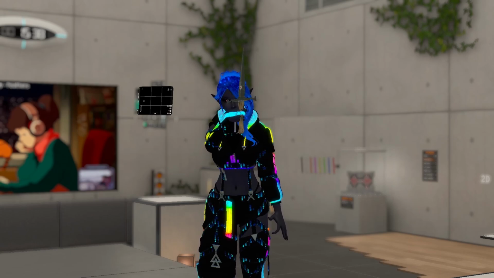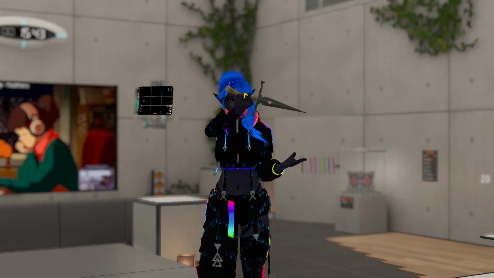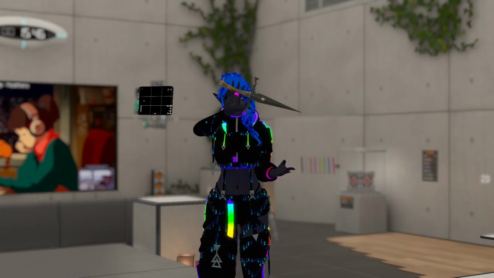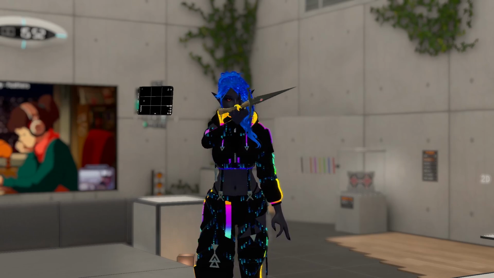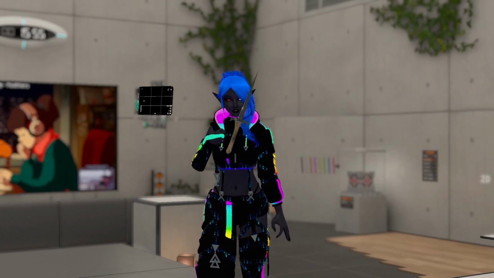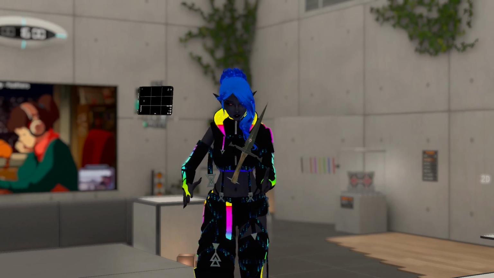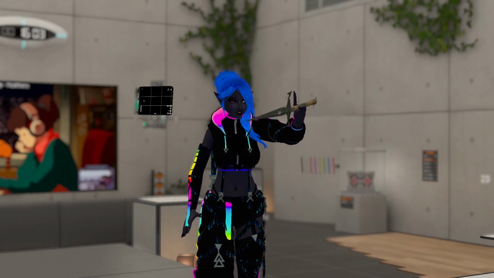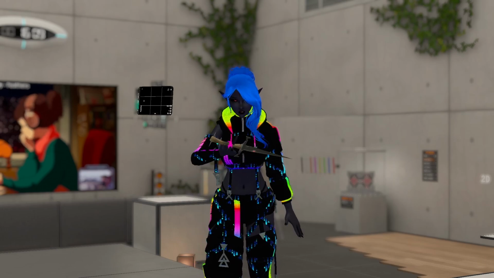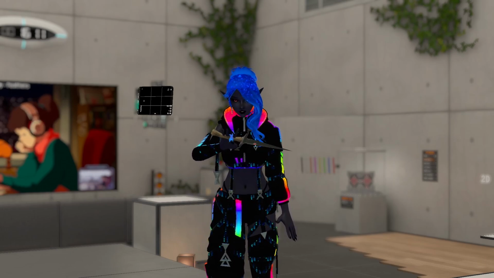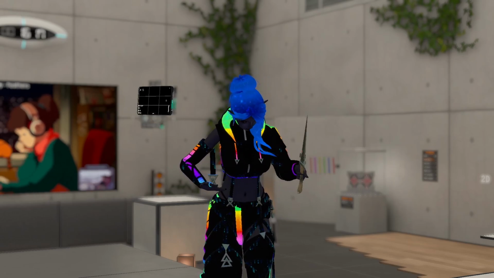Also, if here I press the trigger, you can see it disabled the thing, because when you press the trigger while grabbing a bone, VRChat considers that you want to pause the bone, and so that you don't want to grab it anymore. So if you plan to use your trigger while having something grabbed, the fishbone is not the best solution for you. So yeah, I would recommend you to use the gesture, but I wanted it to be complete, so I'm showing you all the ways to actually do it.